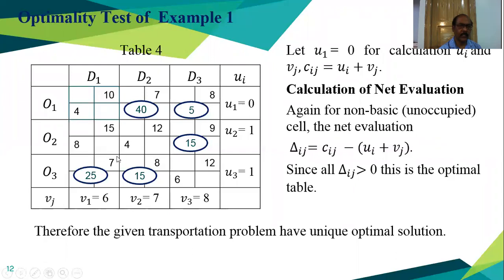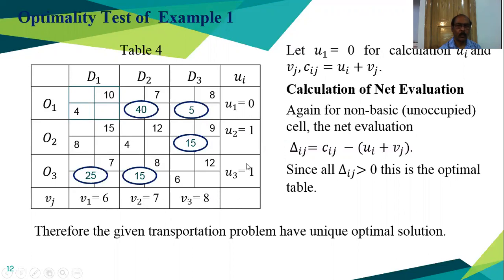Their cost Cij is 7. Our formula is Ui plus Vj equal to 7. So this is 1, so this should be 6, because this plus this equal to this. As soon as we got 1, we can find out the other one. Now from here, we got V3 is equal to 8. As soon as V3 is 8 and our Cij is 9, this should be U2 is equal to 1.